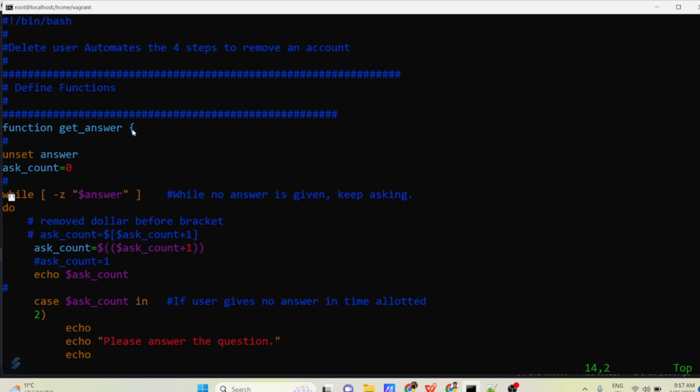Now we are starting a while loop. In the while loop, we give the condition -z. The -z option means zero length, meaning if somebody is not giving any input, and $answer is whatever answer variable. Later we will see where $answer is coming from. So $answer is whatever input people give. If that input is empty, meaning nobody is giving any input, then what I am telling it to do